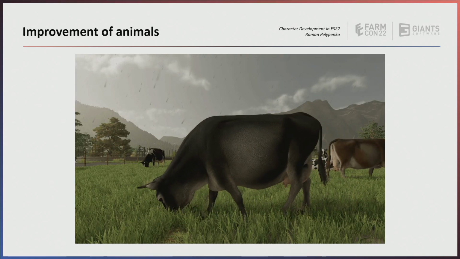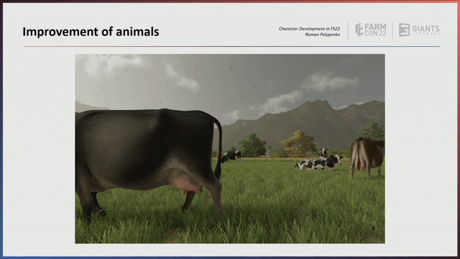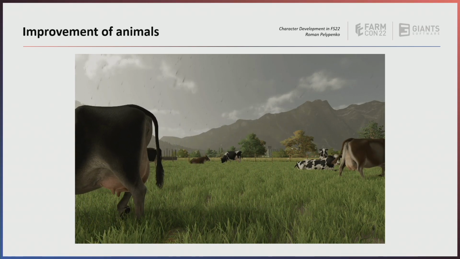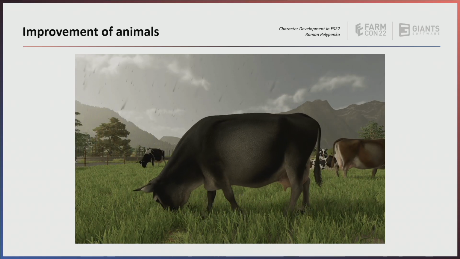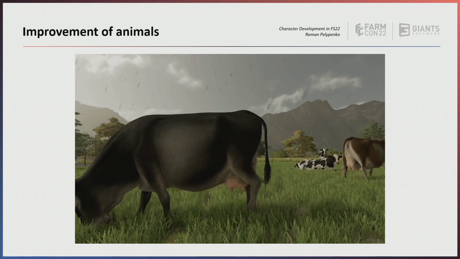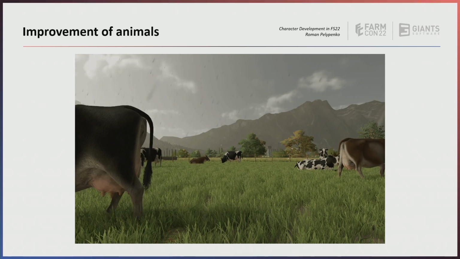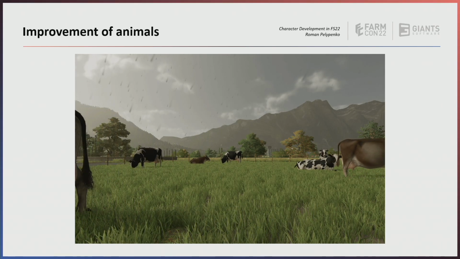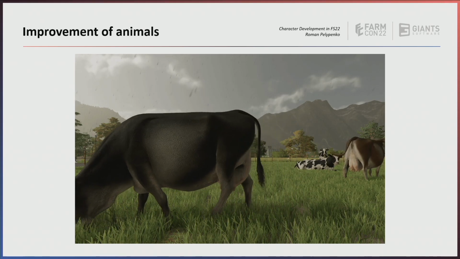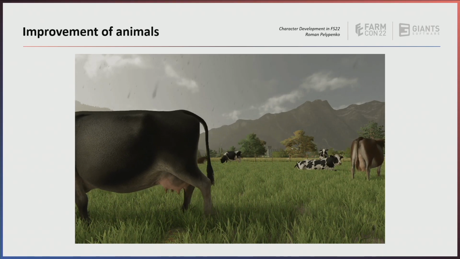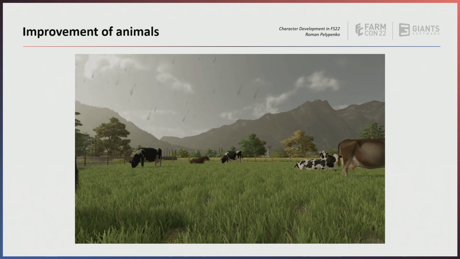Also, one of the improvements was physical animation for some parts of the animal. When we already have an existing animation of a cow running around, we also add a couple of joints to make a physics simulation of her belly. And combining all these steps together, I think we improved the visual representation and animation of our cows and animals, and basically how it was